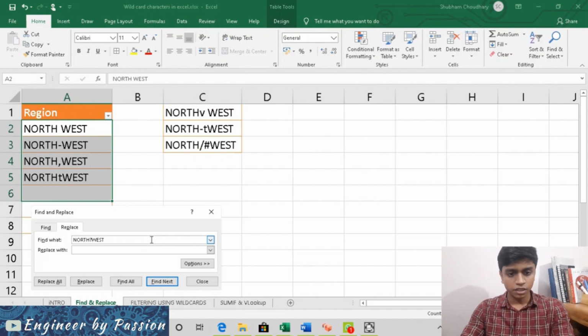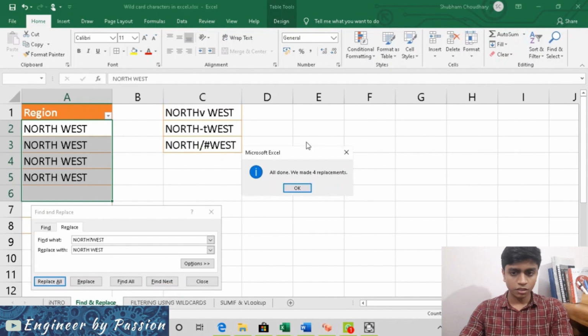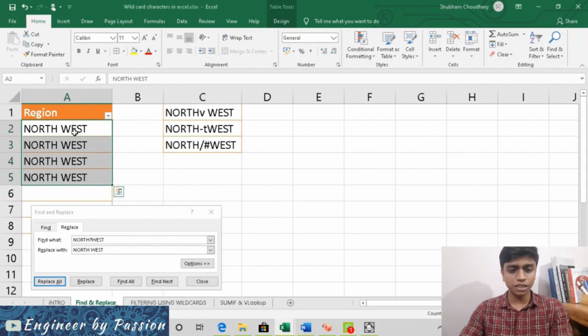What to replace with? Now we want to replace it with a simple northwest, and now we just have to use replace all. So all the items that were to be replaced have been replaced, meaning a single character has been replaced using a wildcard character, the question mark, in this case.